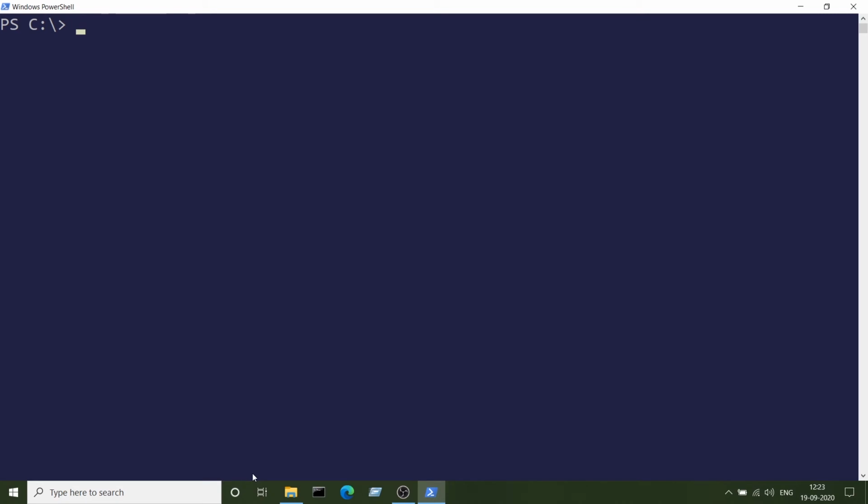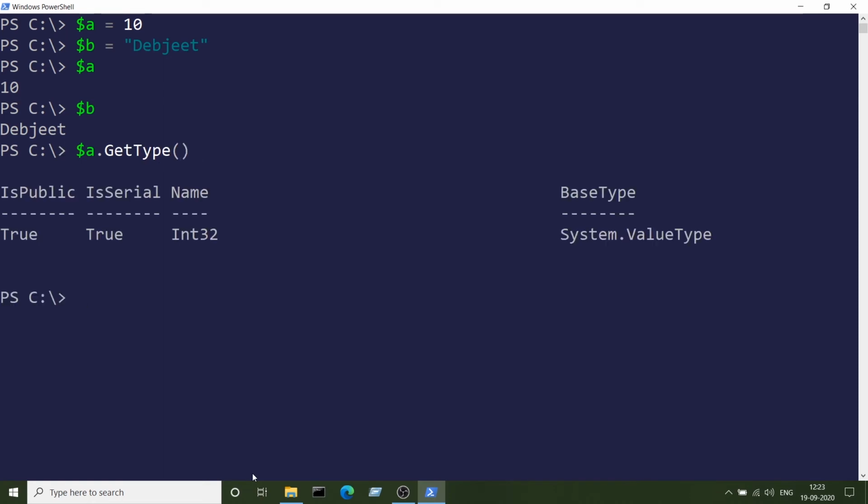A variable is defined as $variablename equal to variable value, and the value can be retrieved using $variablename. PowerShell automatically assigns the data type of the variable depending upon the value assigned to it. Here, I am assigning an integer and a string value to a variable and then printing its value. You can use the GetType function to get the variable type.